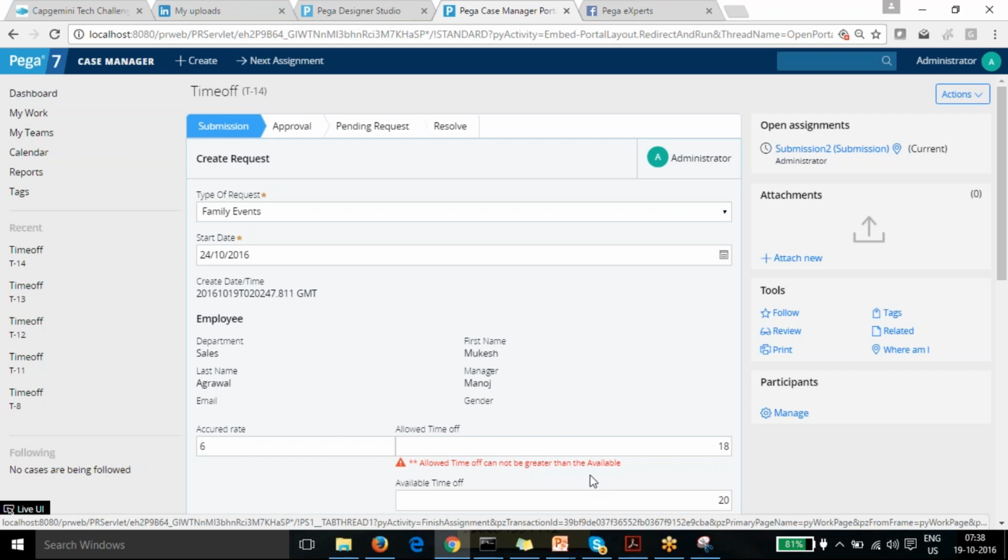I think the message should be the opposite way: available time off should not be greater than the allowed time off. So the message should be that way.